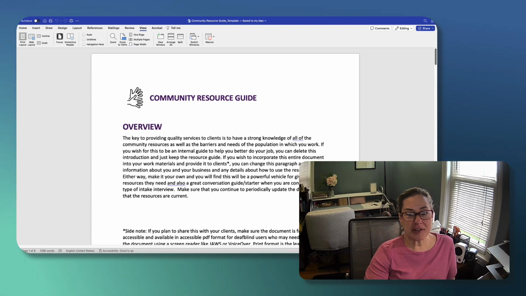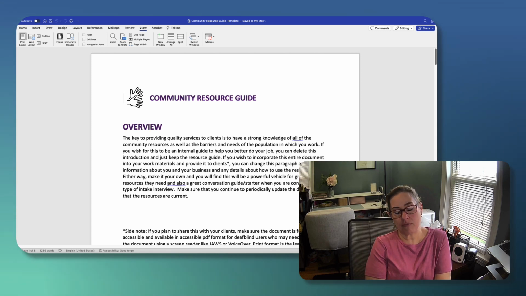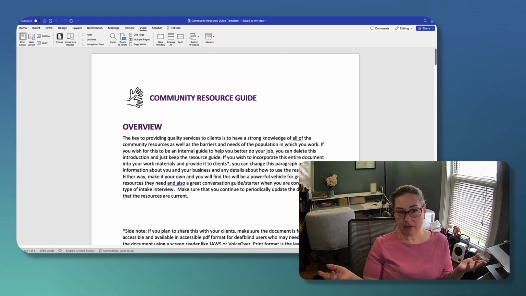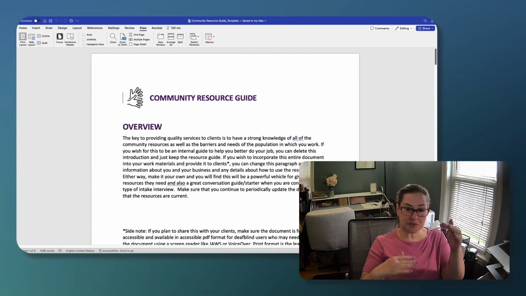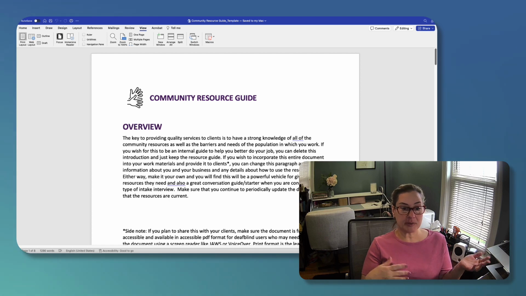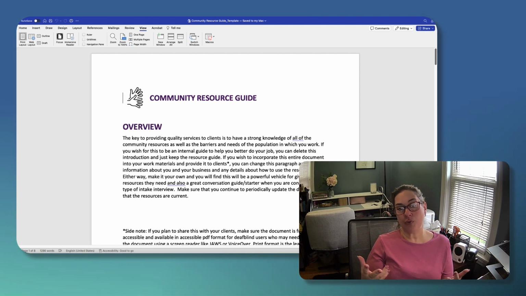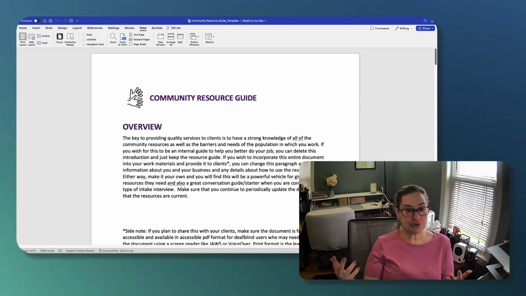So the first thing that I did on this page, I developed this resource guide. It's in doc format, which you can personalize and start with this template if you'd like, and there's a few different aspects to it that I'm going to show you. If you choose not to use that, or you've actually developed something else on your own, then you don't have to use this, but I thought it would be a good jumping off point if you weren't sure what to create or how to create.